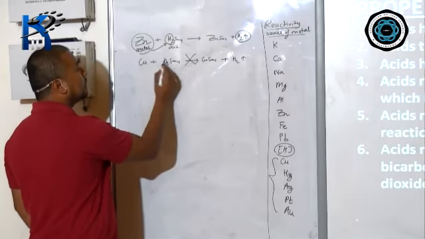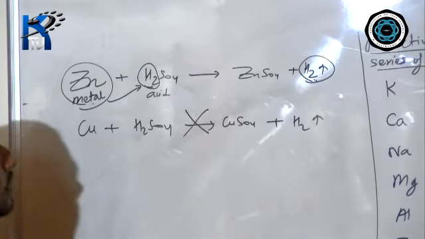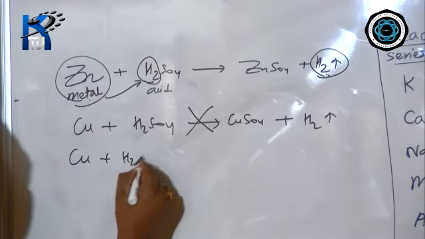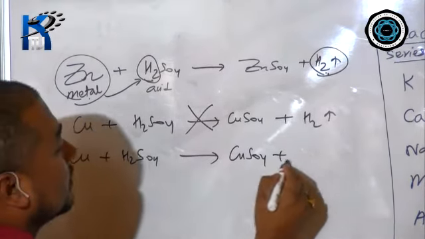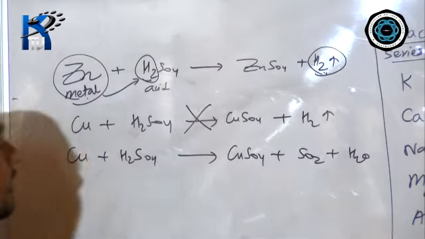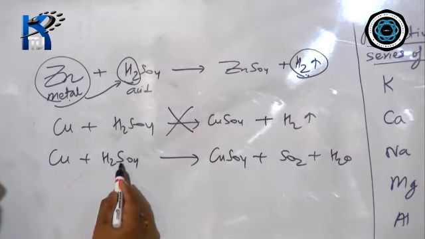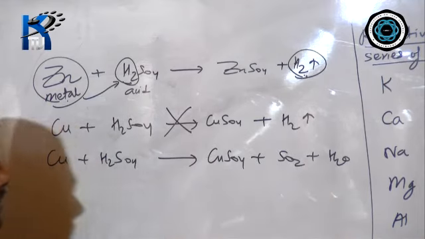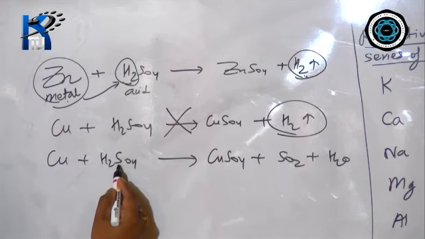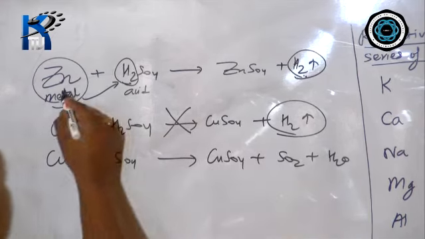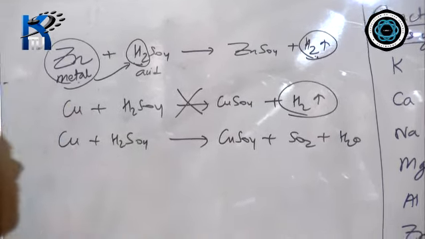But it doesn't mean that copper and sulfuric acid do not react. Many students have this confusion. Oh, copper does not react with sulfuric acid to liberate hydrogen gas. True. But these two will react to give you some other compounds like copper sulfate, sulfur dioxide and water. I am not saying that copper and sulfuric acid will not react. They will react, and we get copper sulfate, sulfur dioxide and water. But they do not react to produce hydrogen gas. So copper and sulfuric acid do react with each other, but they will not liberate hydrogen gas as zinc has done. Why? Because copper is below hydrogen, therefore it is less reactive and cannot displace hydrogen from acid.